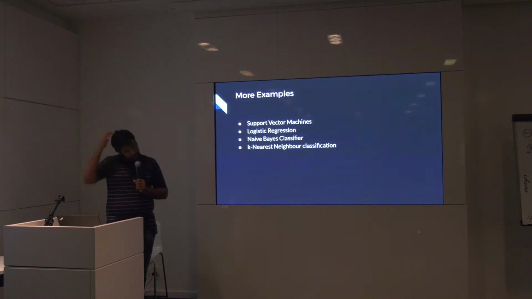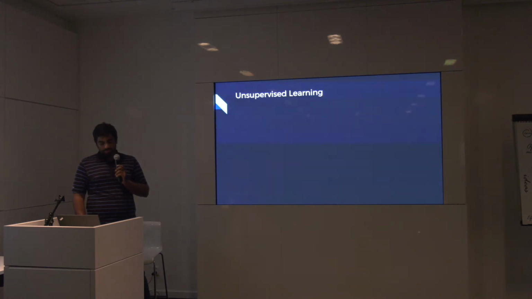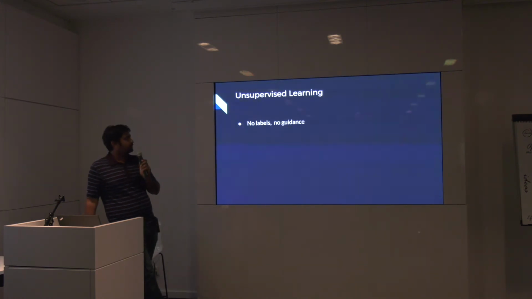Okay, and k-nearest neighbors classification: the way it assigns labels is that the label of a data point is the majority of the k nearest neighbors to that data point. So for example, if in 2D space you have a point surrounded by points belonging to a blue class, then you'll say, okay, that point also belongs to the class blue. It makes logical sense. So next we go on to unsupervised learning.